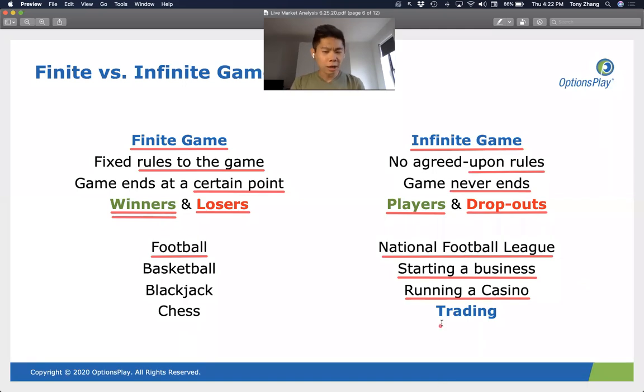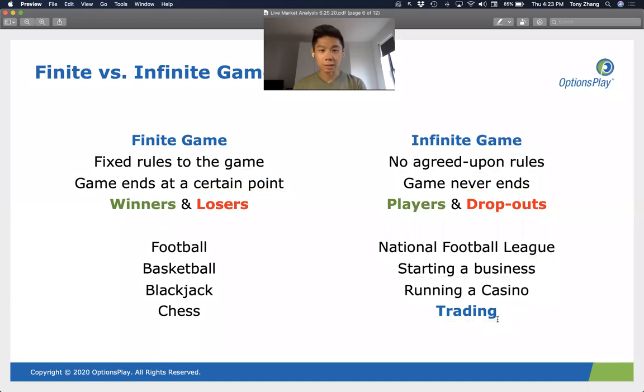And trading, if you think about it, falls under the infinite game, because when we talk about trading, we're talking about your trading career, not just individual trades. Your trading career is a series of trades, and there's no such thing as winning or losing. You either have an account with enough capital to continue trading, or you've blown up your account, you no longer have enough resources to continue trading unless you redeposit or put more money into your trading account.